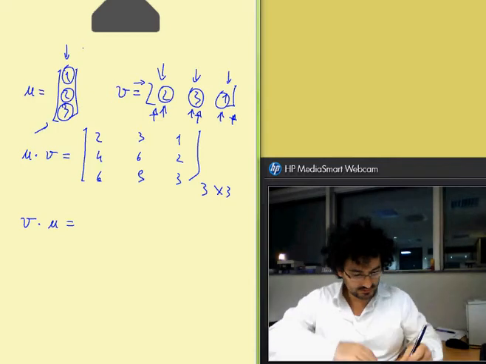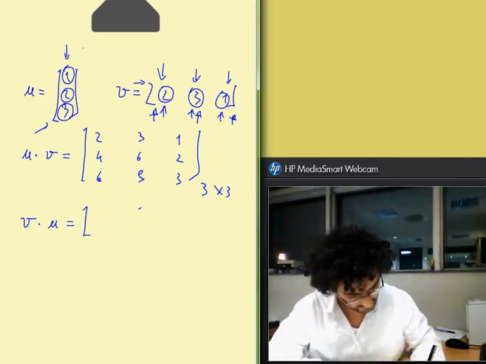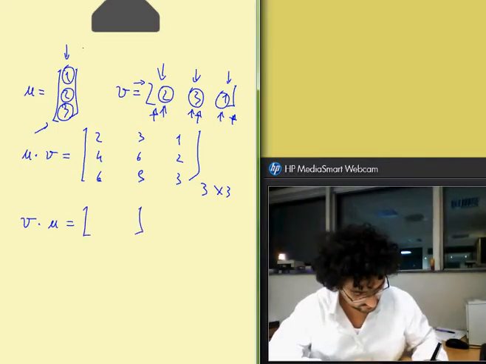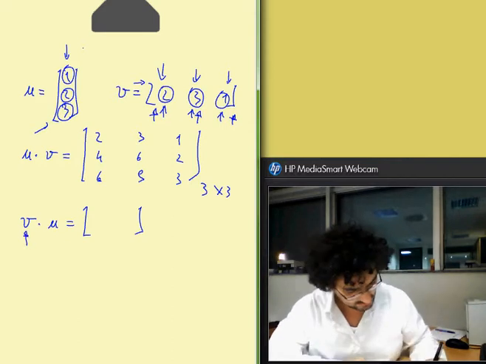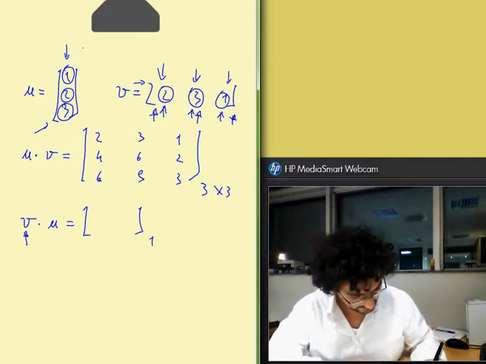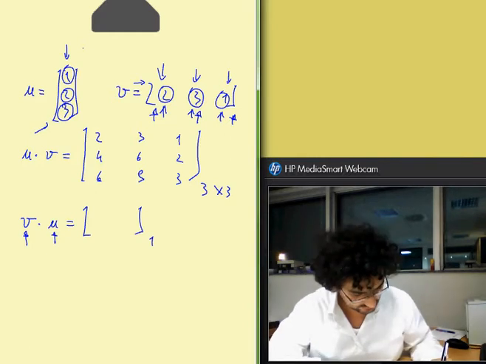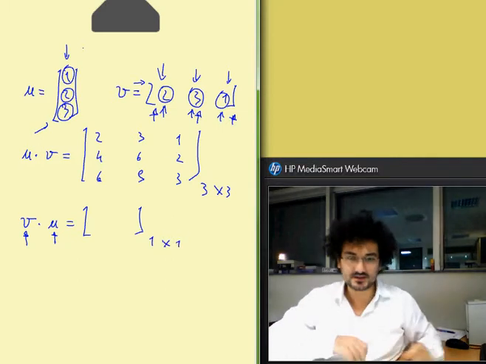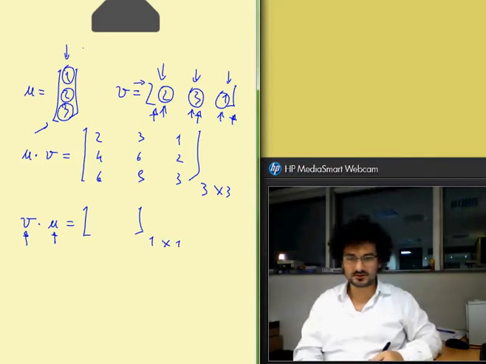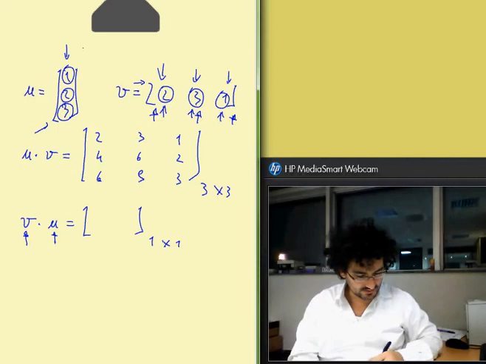And the result is a matrix which has the number of rows of the first matrix, matrix V, which is 1, and the number of columns of the second matrix, which is also 1. So it's a 1 by 1 matrix. It's a scalar for the final result. In order to compute this scalar,